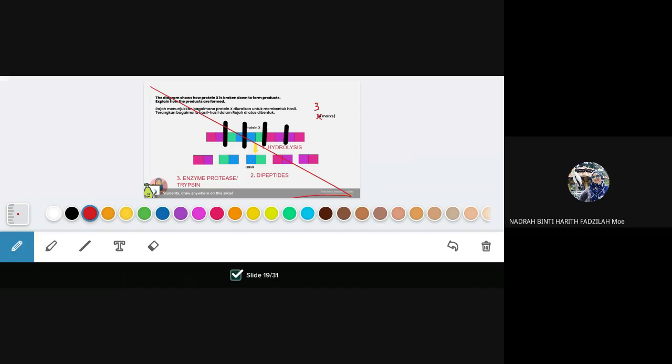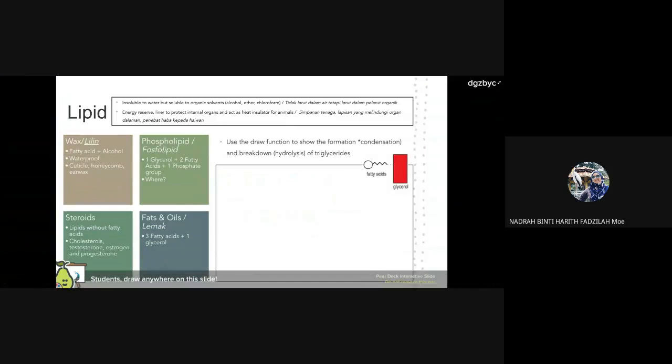Okay, now let's take a look at the next part, which is kita nak tengok lipid pula. Okay, for lipid, lipid is an organic chemical in our body that is insoluble to water tapi soluble to organic solvent such as alcohol, ether atau chloroform. Besides carbohydrate, lipid is our energy reserve and it also serves as a layer of protection among our internal